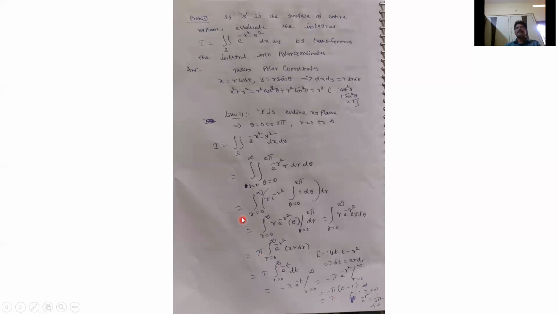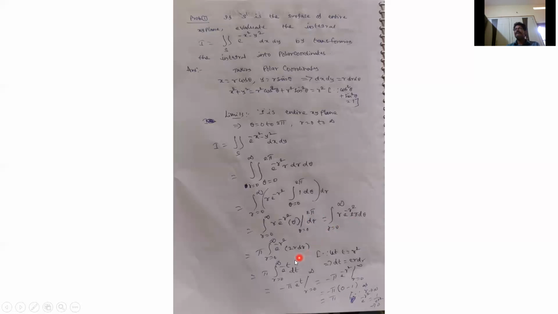So simple here. We have taken polar coordinates, x equal to r cos theta, y equal to r sin theta. We get e power minus r square times r, because x square plus y square is r square, and dx dy becomes r dr d theta. So first integrate with respect to theta. R is constant when we do integration with respect to theta. Integral of 1 d theta is theta, from 0 to 2 pi. Therefore, we get 2 pi. So again, integrate with respect to r.